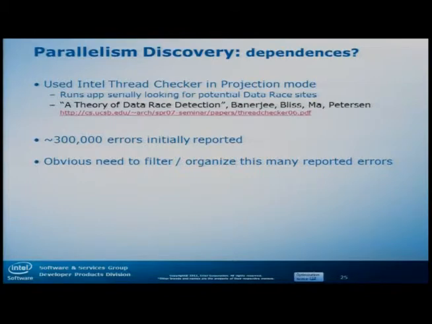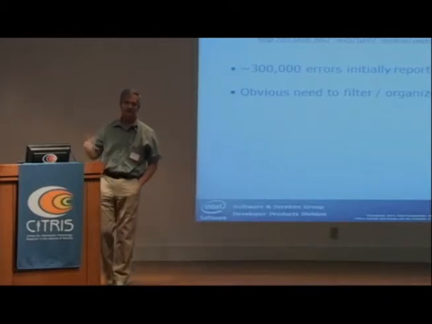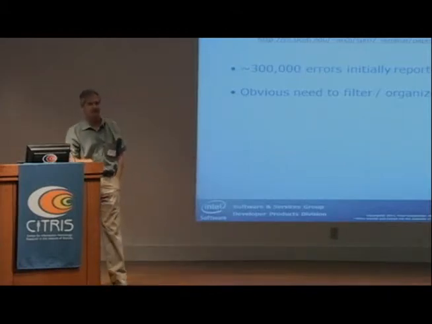The technology that Thread Checker uses, and actually Intel Inspector uses, I briefly mentioned, is this idea of which synchronization locks are being held by each different thread when memory references occur. So it talks about that there. But they ended up with Thread Checker, Intel Inspector essentially, reporting 300,000 data race errors. And so